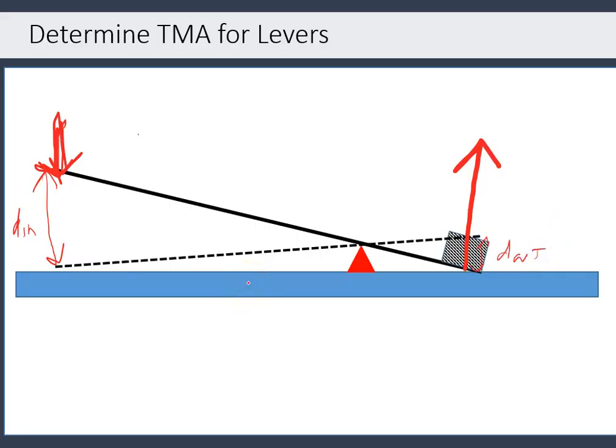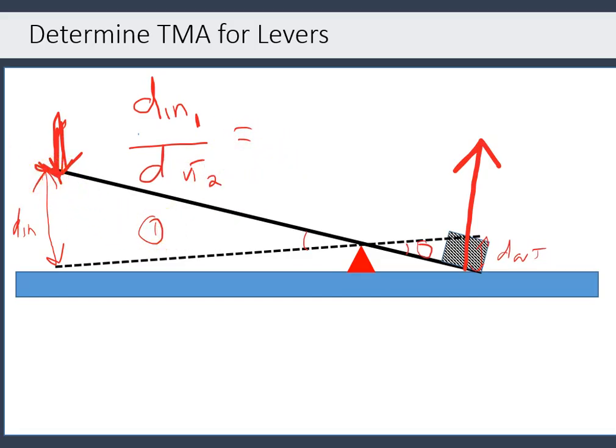Okay, but there is an absolutely easier way that we didn't get a chance to go over in class. If you look, you will see that there are two triangles. Here's triangle 1, and here is triangle 2. And you see that they share this angle, and I don't know all the geometry lingo here, but basically these are two similar triangles. And what that means is that when you have two similar triangles, the ratio of d in divided by d out, on the second triangle, is going to be the same as